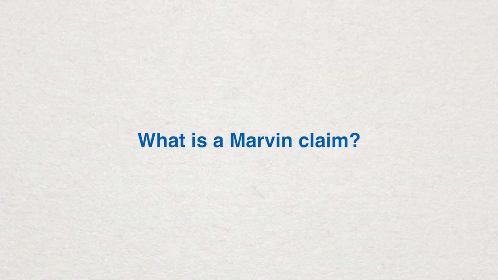What is a Marvin claim? A Marvin claim is simply a legal claim to enforce expressed or implied agreements for support or property sharing between non-marital partners whenever they split. Marvin claims get their name from a famous California Supreme Court case, Marvin v. Marvin, where the court found that contract claims and other civil causes of action can be enforced in the context of non-marital partnerships. While the division of property during a divorce is handled in family court, Marvin claims for unwed partners are usually pursued as a civil action in civil court.